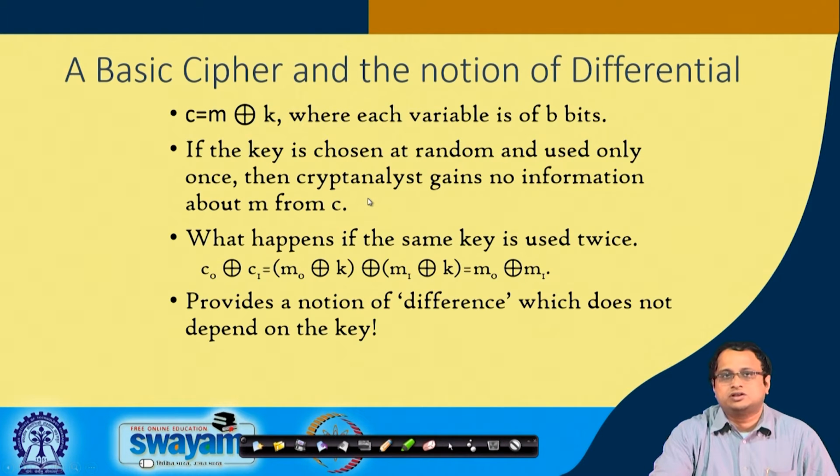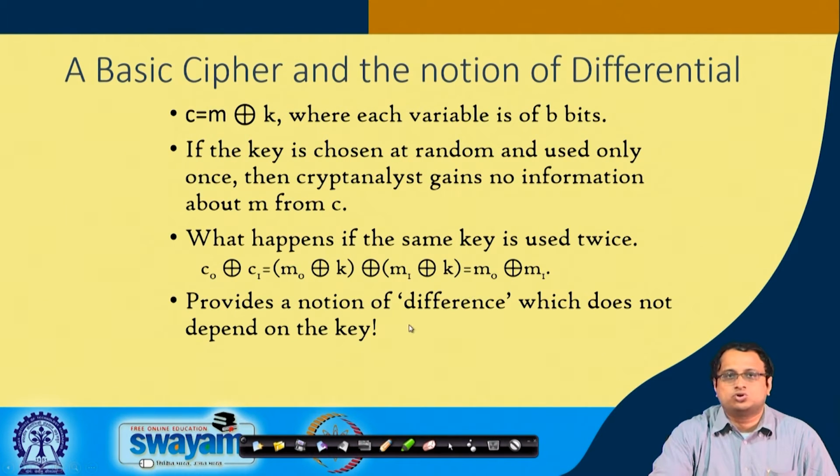So, you will see that this is something which is often called a one time pad, but rather what we do in practice is try to use the same key for different encryptions. So, imagine that the same key is used for two encryptions, that means for encrypting M0 as well as for encrypting M1. So, if I take the ciphers C0 and C1 and XOR them, I know that this K and this K get cancelled because K XOR K will get cancelled, and so I will have M0 XORed with M1.